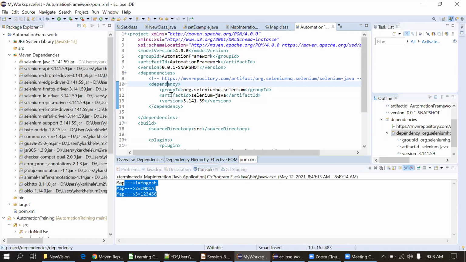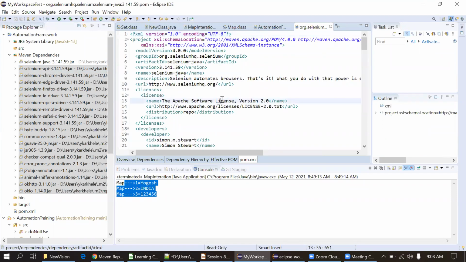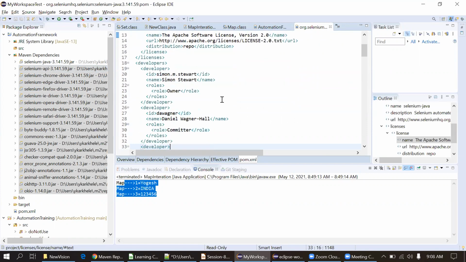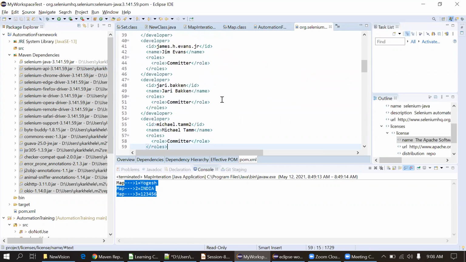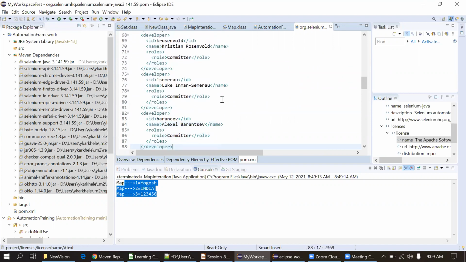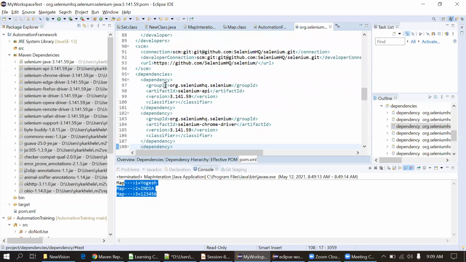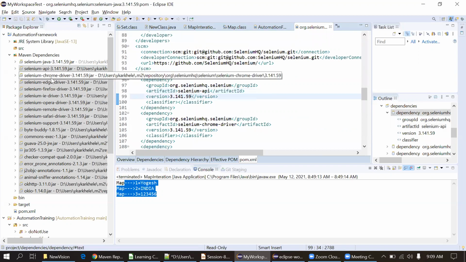So I will just press Control and go inside this dependency. You should know this, that's why I'm telling. I just go inside that dependency and look for the dependency that I have defined in this XML file. Now here you can see in the dependency tag, the other dependencies are Selenium API, then Selenium Chrome driver, with the same version actually. It is just appending the Chrome version at the end. So this way you have to look toward the pom.xml.